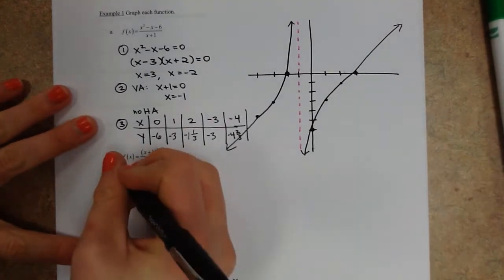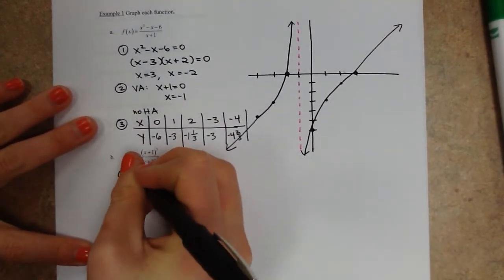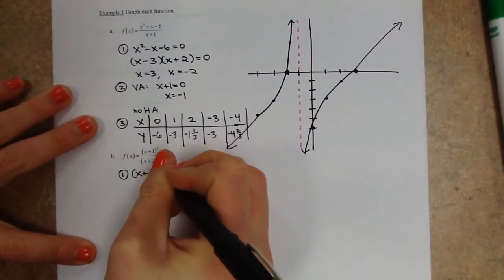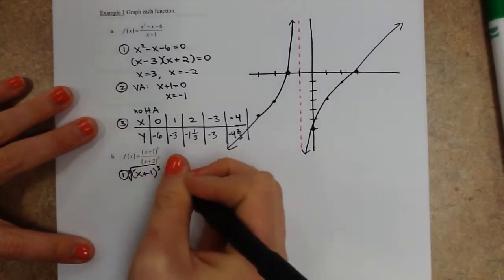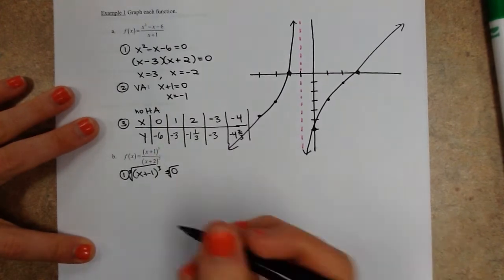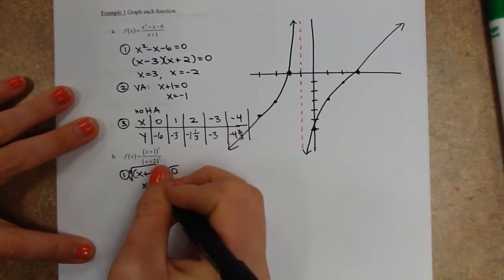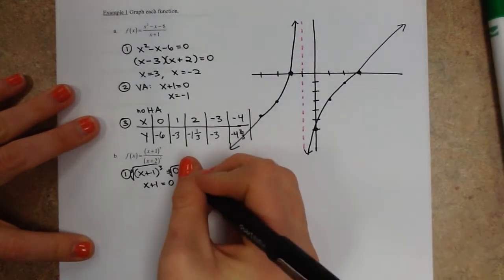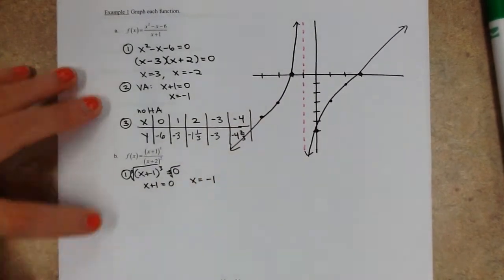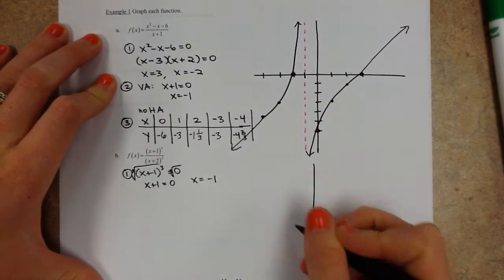Same 3 steps. Step 1, we're going to find the zeros. I'm going to take the numerator, and I'm going to set it equal to 0. So I'll start by cube rooting both sides. That's the first algebra I need to do. When I cube root both sides, I get just the x plus 1 here, and the cube root of 0 is still just 0. So I end up with x equals -1. So I'm going to plot that, my one and only x-intercept,